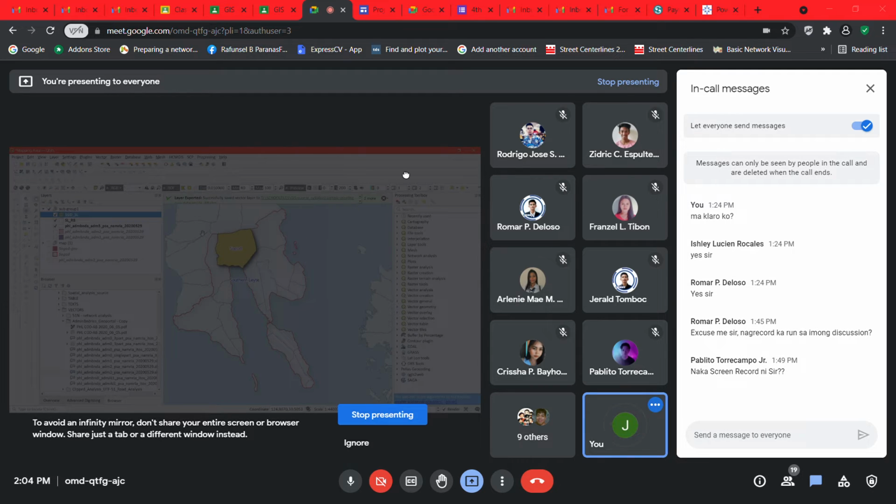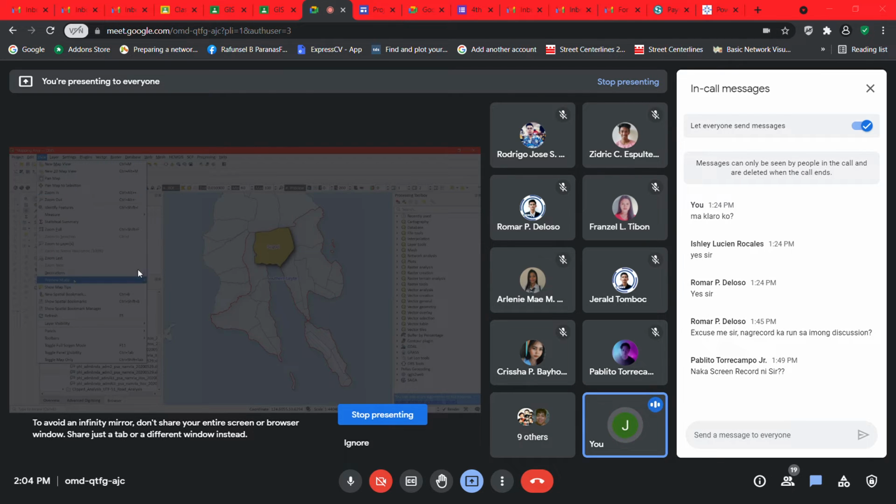Okay, now, sir, how are we going to add our grid lines and also the coordinates, the north arrow? So also we are going to add our decorations. They just call them decorations, but if you're going to create a layout, it is no longer decorations. So in adding a grid, go to View, then Decorations, then click Grid,